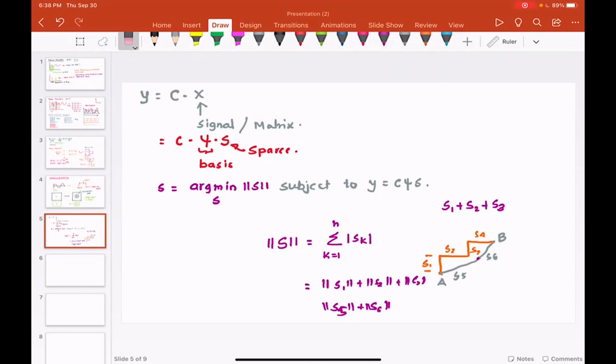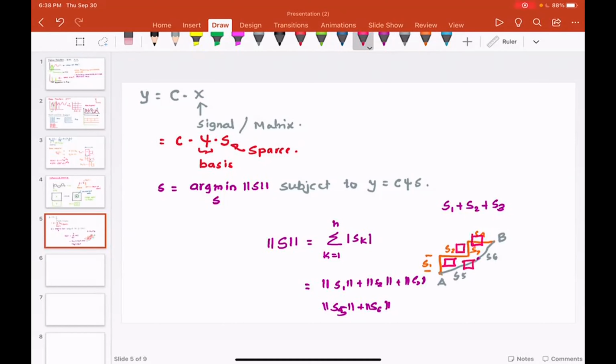You may ask me, and actually it's good that you asked me this question. Please ask, if I write something you don't understand, stop me and ask, because sometimes I may assume that some of these concepts are known, but they might not be. What is y equals C phi S? Now imagine there is a block here, a block here, a block here, a block here.